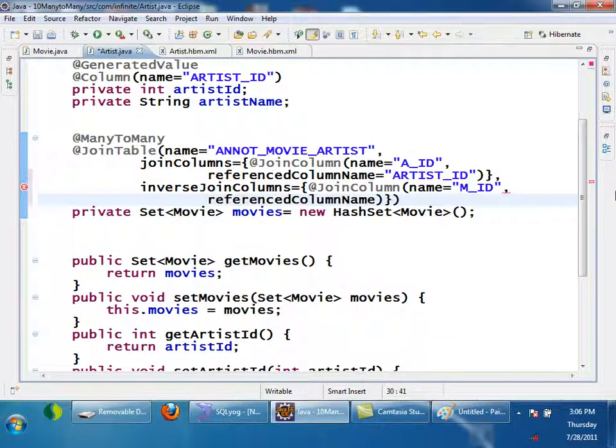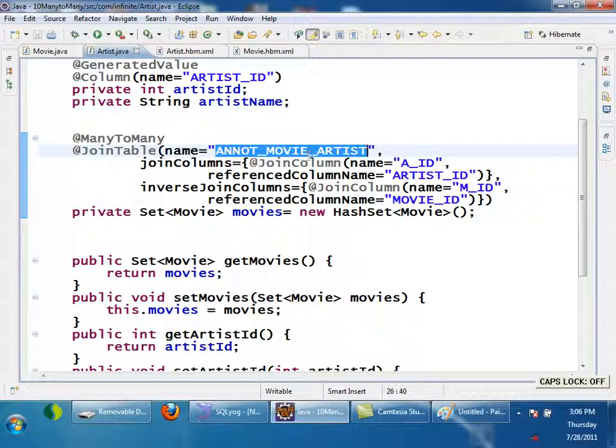Referenced column name is equal to movie_id. So I am configuring the same table on both sides.